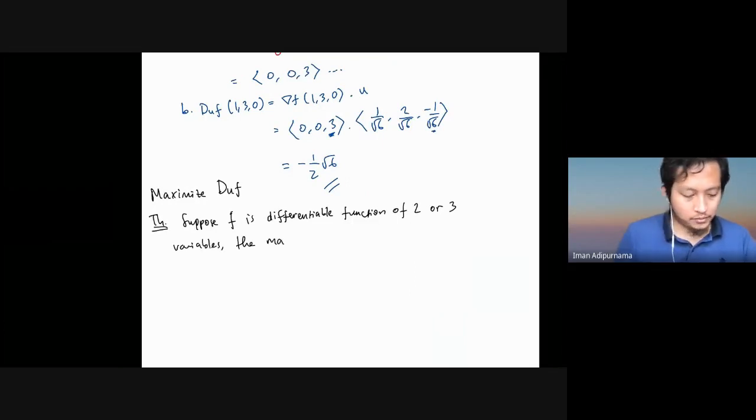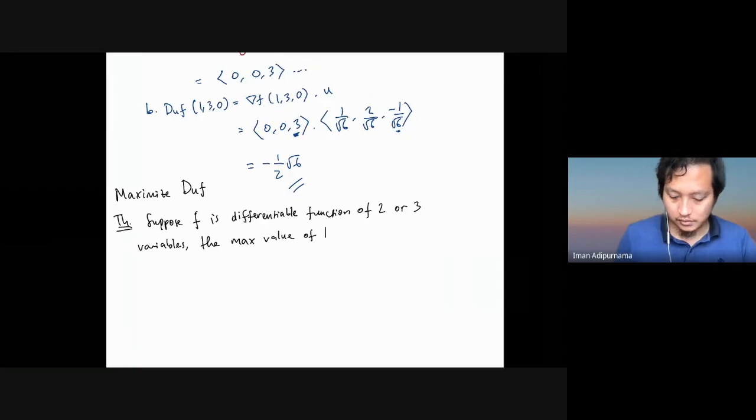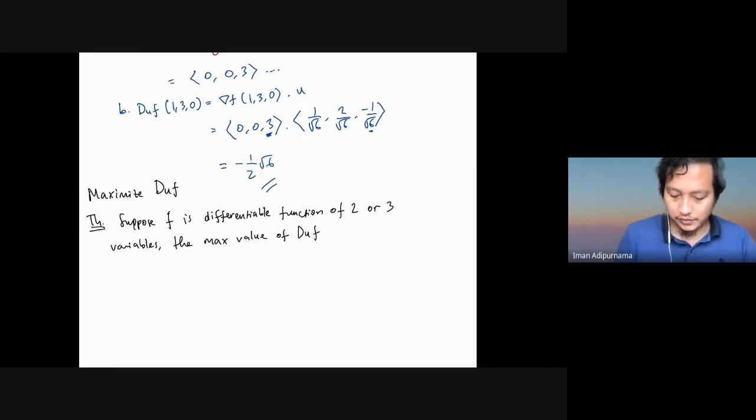And the maximum value of the directional derivative, which means the slope, if you want to imagine the directional derivative in visuals. So the maximum value of the directional derivative is